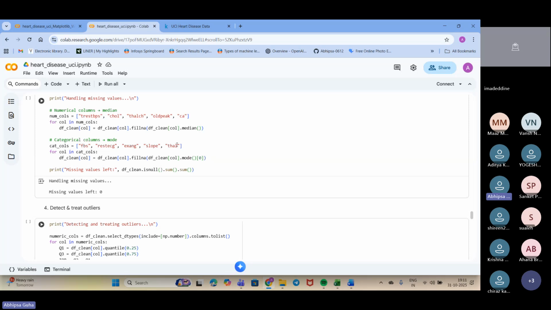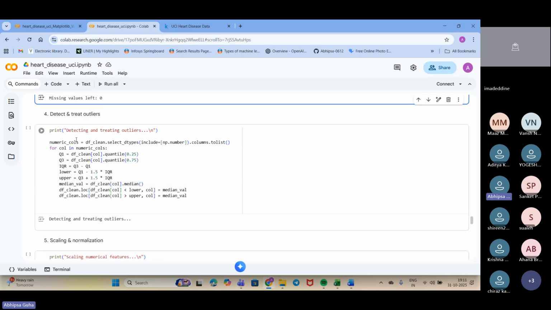These are all categorical, meaning not numerical, they contain text values. So we are replacing those with the mode value. For the numerical, we are using the median value. For categorical, we are using the mode value.